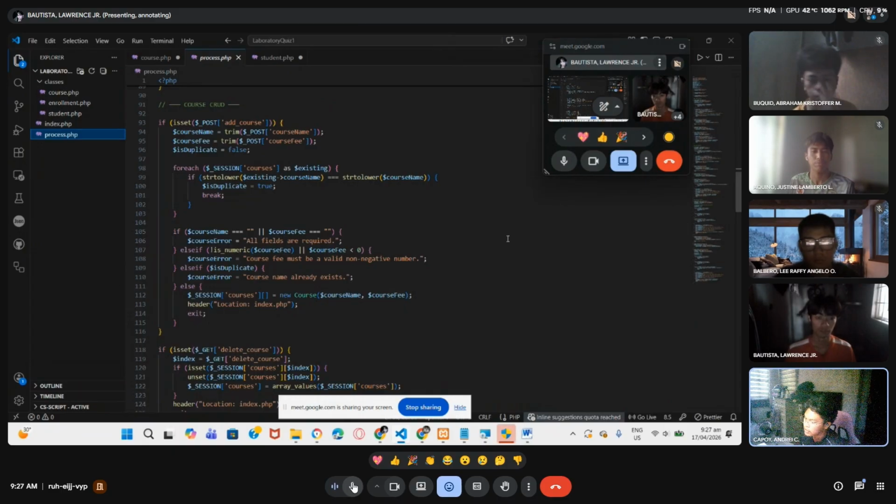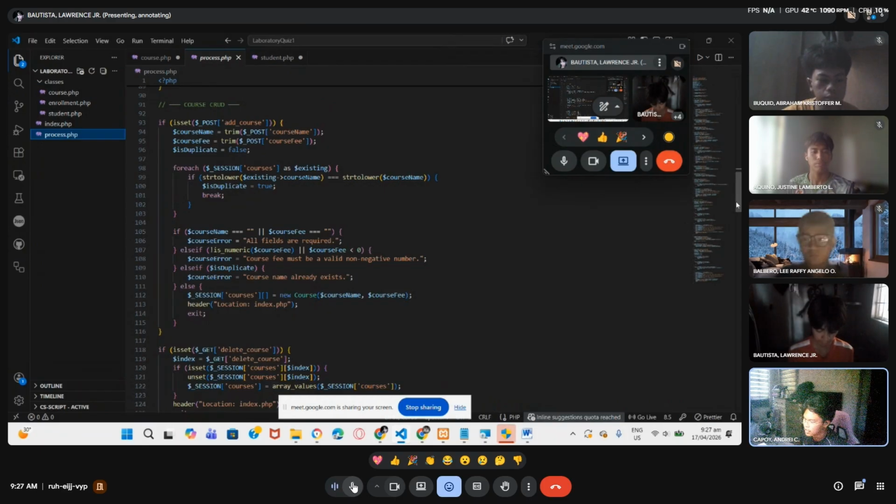We retrieve the course name and the course fee from the post request, and we apply the trim function to these variables. This is a best practice that cleans the data by removing any accidental spaces at the start or end of the text, while ensuring our records remain consistent and professional.